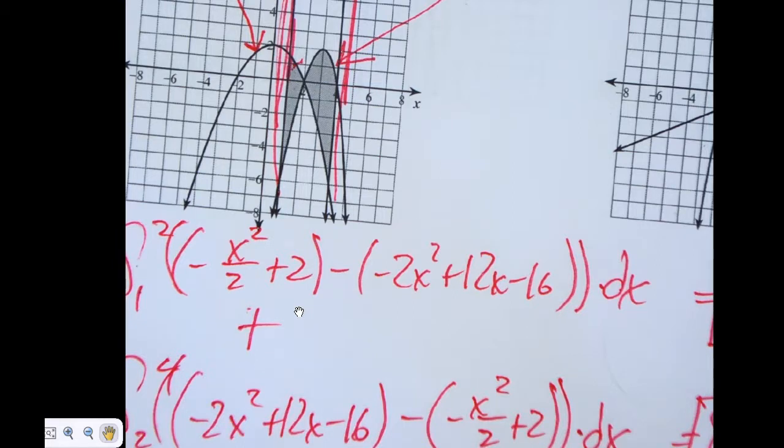Just know that my initial answer was I went in, but I changed the signs. I made the first equation negative. Or you could just do 4 to 2 instead of 2 to 4. That's what I did.